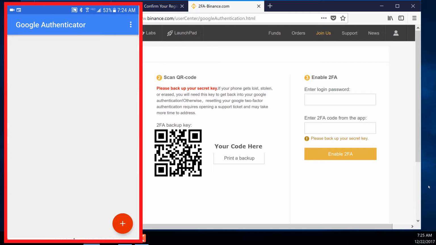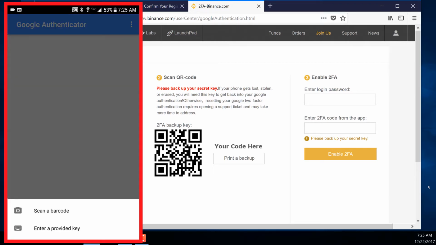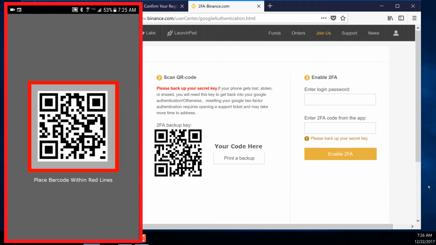Now that it's installed, we need to use the app to scan the QR code on our screen. To add Binance or any other 2FA site, select the Add button in the bottom right of the screen. Select Scan a barcode. Scan the barcode on the screen with your phone.